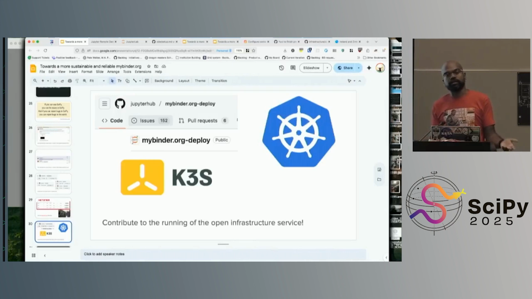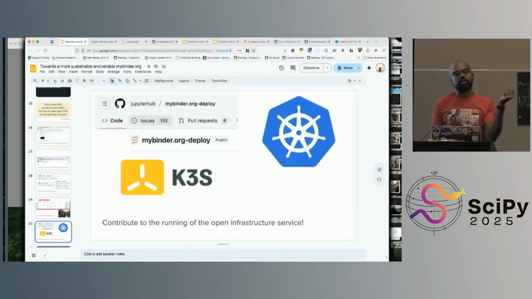Contribute to the running of the infrastructure itself, right? I learned a lot of my knowledge and skills by doing this at Wikimedia, right? Wikipedia is running at huge scale. There is a lot of joy that can be had from being like, oh, I did this thing and it affected 5 million people positively, because Wikipedia scale is huge, right? MyBinder scale is smaller, but it still does affect people positively. And it does so in a more immediate fashion, almost, than contributing to open source software. The software is released and then someone uses it sometime later.